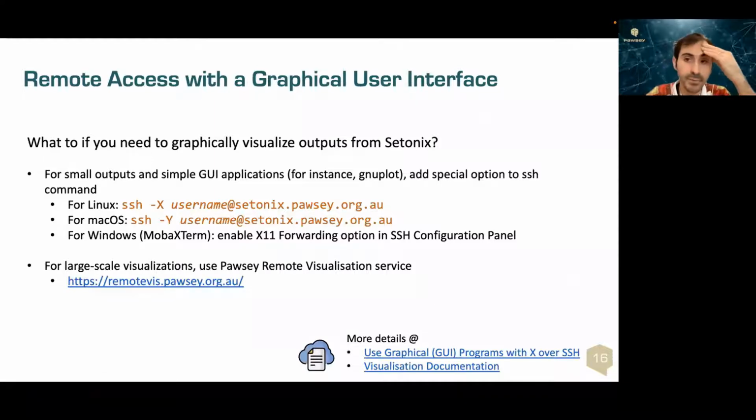Just a couple of extra aspects on remote accessing Setonix. There are options for graphical user interfaces. Sometimes this is useful, say, if you need to perform light graphical post-processing of data, and I highlight light, so small data sets. There are programs such as GNUplot or Matplotlib or similar that just enable you to pop up graphical outputs on your local machine. And the way to enable that via SSH